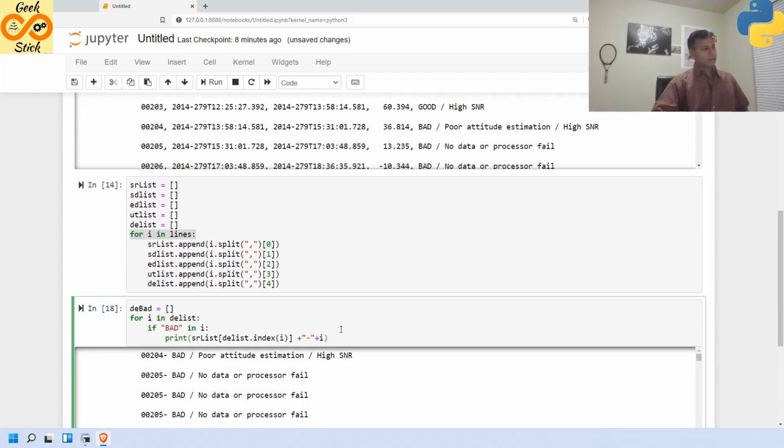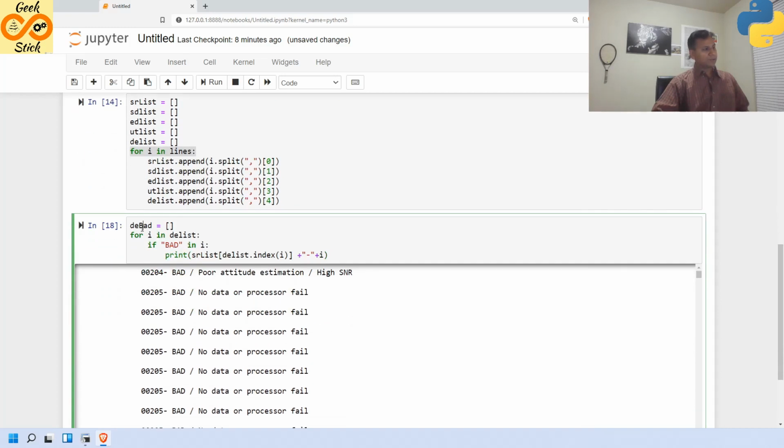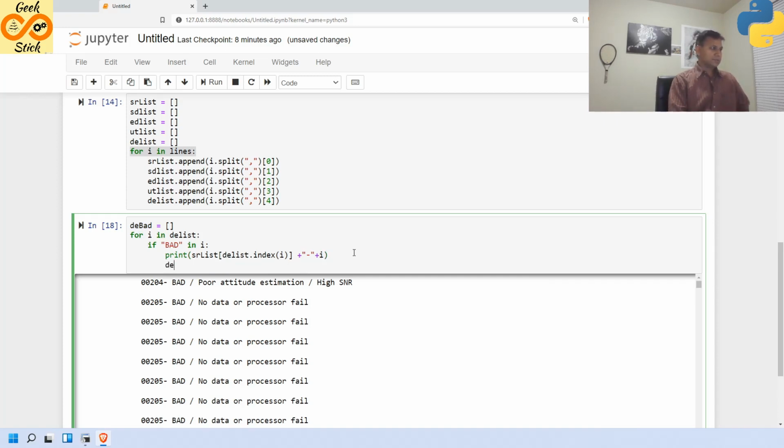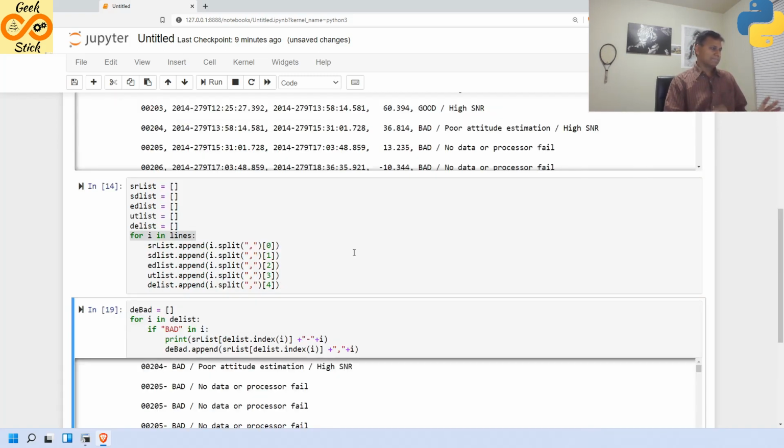Then I am going to put all these values into this bad list. How can I insert or append? Insert means a specific location, so I'm going to choose append. In the append, whatever is coming over here, I'm going to do this. That's it. Instead of hyphen here, in the list I'm going to use this comma. So it got inserted into the D bad.